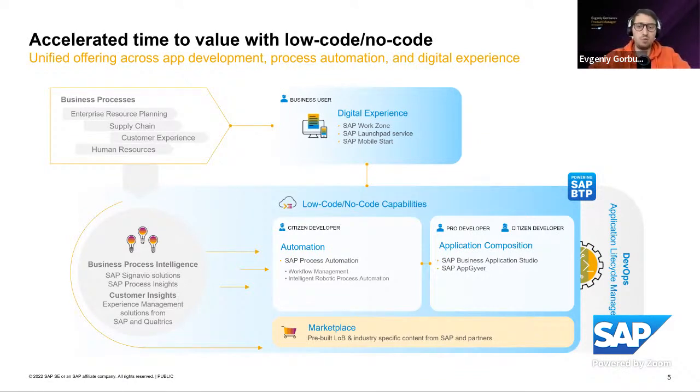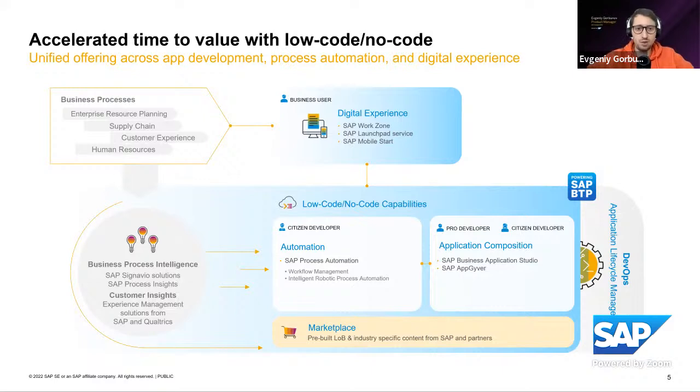Process automation, where we can create approval flows, create different rules for defining these approval flows and input information, and where we can also leverage automation capabilities in order to create bots. And today we'll be looking at the bots that help us to process business documents, and digital experience.